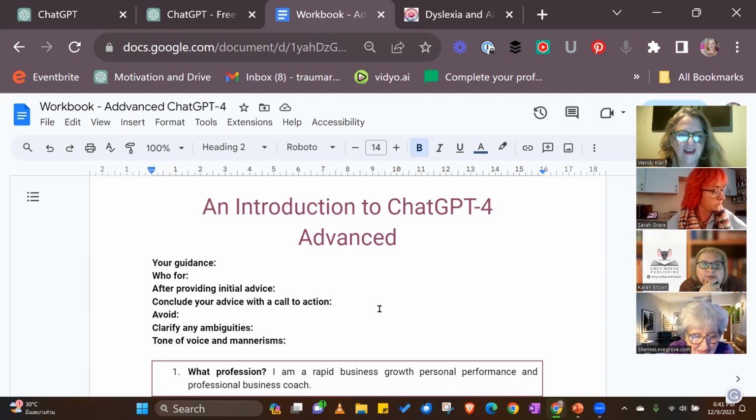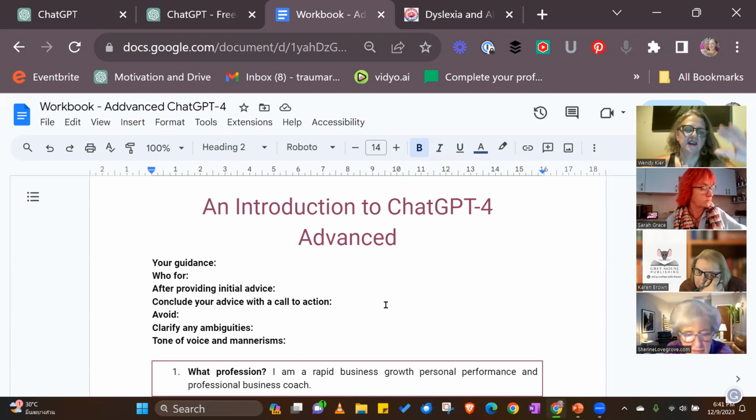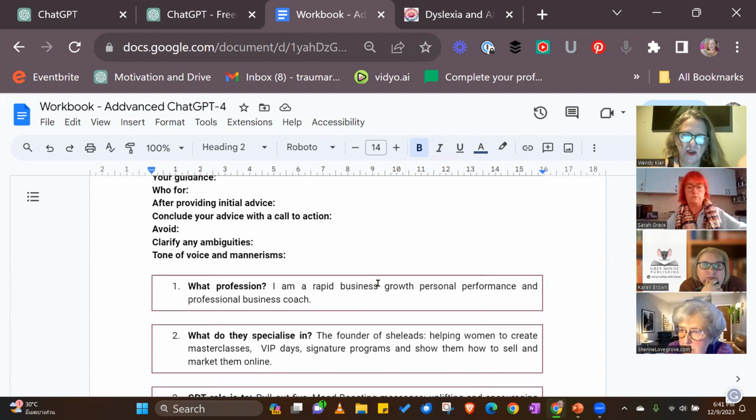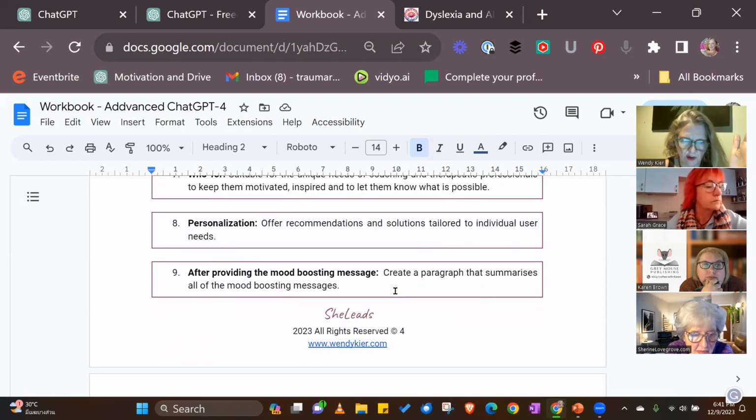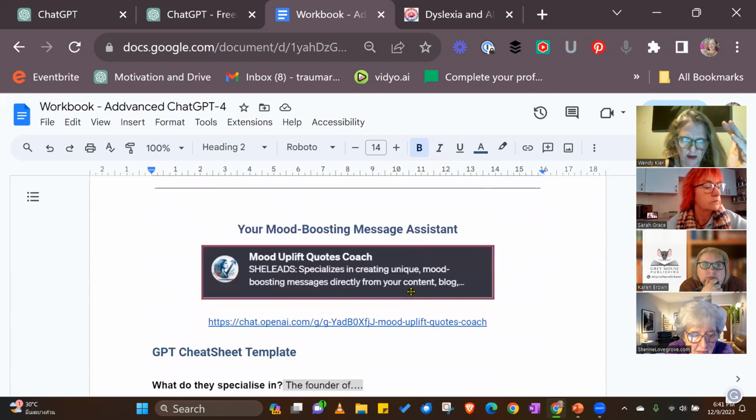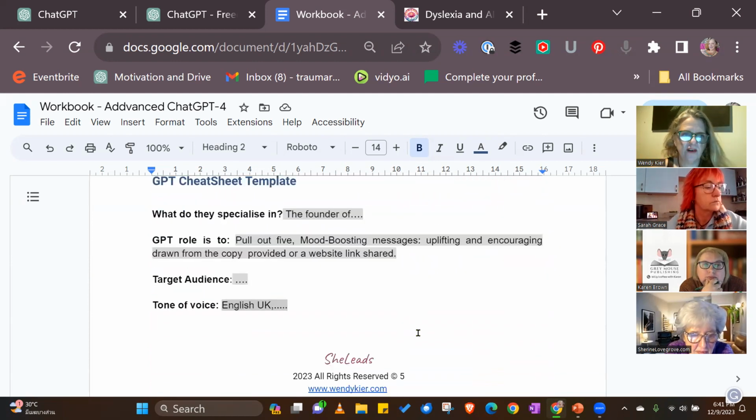Ambiguity, you know what I mean? Yeah. Tone of voice and mannerisms. So it's made up of lots of different layers. I've copied and pasted mine into the worksheet here, just so you can get an idea of how it works and how it comes together.